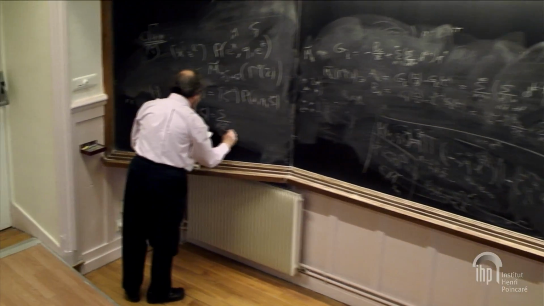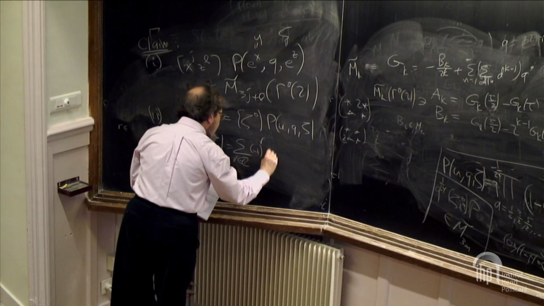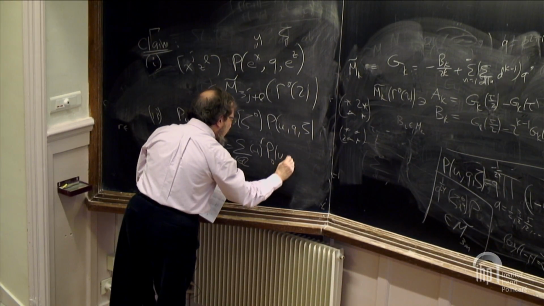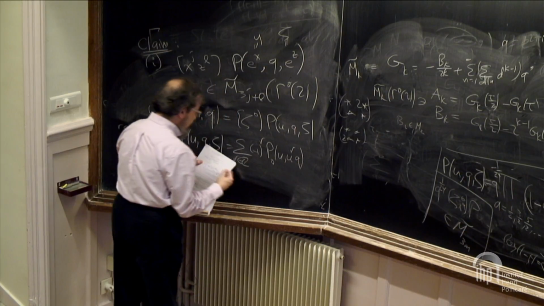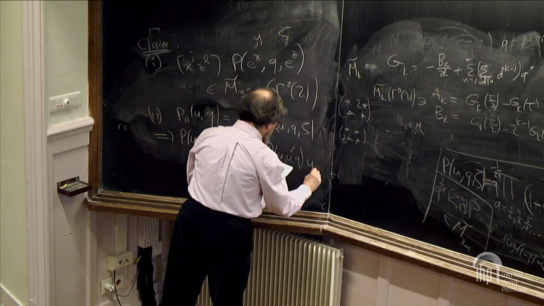It's the sum over r in Z of minus 1 to the r times P0 of u, but now it's u to the r times q, and then it's u to the power,